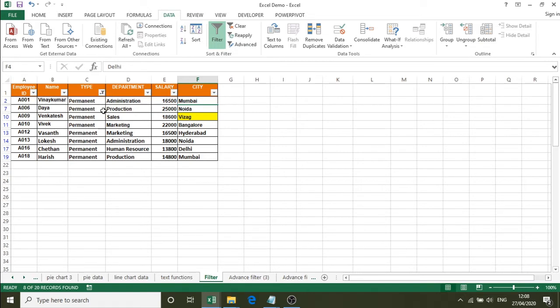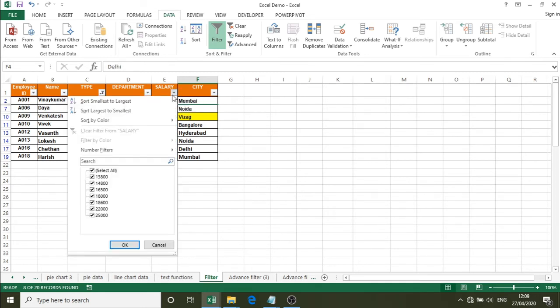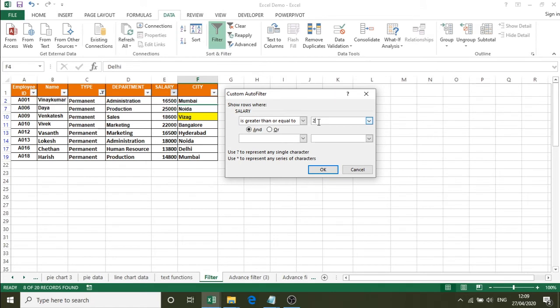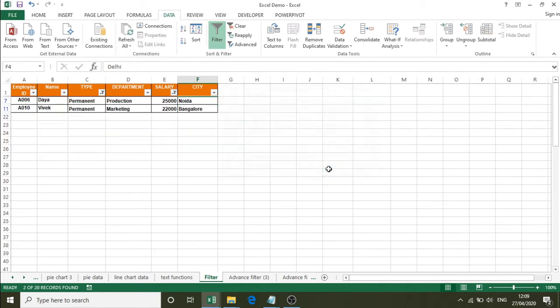See this. One more thing you should remember, Excel filter will provide you option wherein you can select multiple criteria. Say I have given based on type. In that I can also give one more thing, that is I can apply salary column also. That means in salary column I can give some criteria. Say salary greater than or equal to 20,000. That means here I am applying the criteria type, that is permanent, and also I am applying salary criteria, that is salary greater than or equal to 20,000.